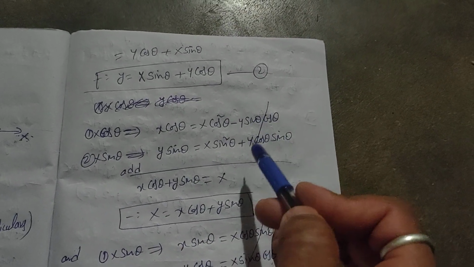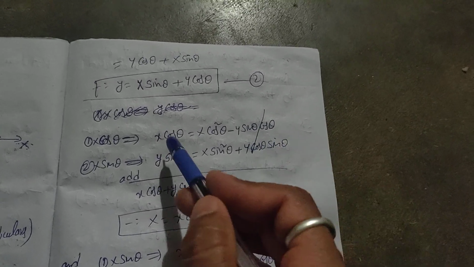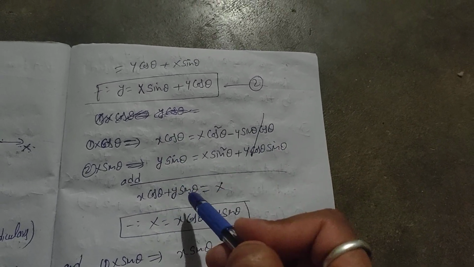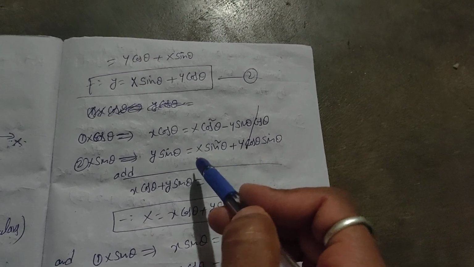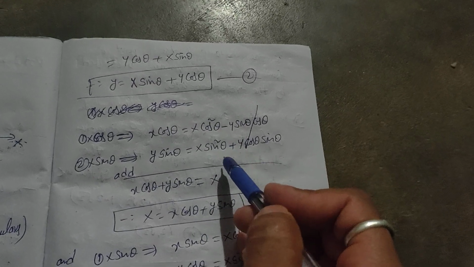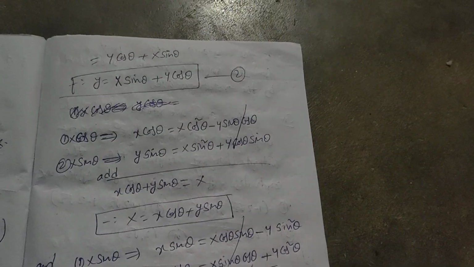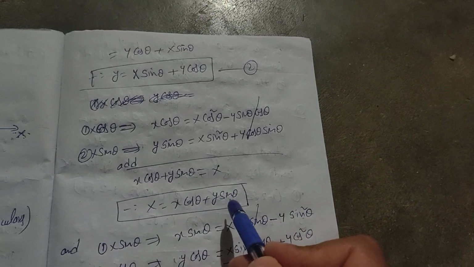So minus y sin theta cos theta plus y sin theta cos theta cancel. So this is nothing but x cos theta plus y sin theta is equal to, if you take x common from these two terms, because here it is plus only, then you have cos square theta plus sin square theta. What is the cos square theta plus sin square theta value? That is 1. So capital X is equal to x cos theta plus y sin theta.